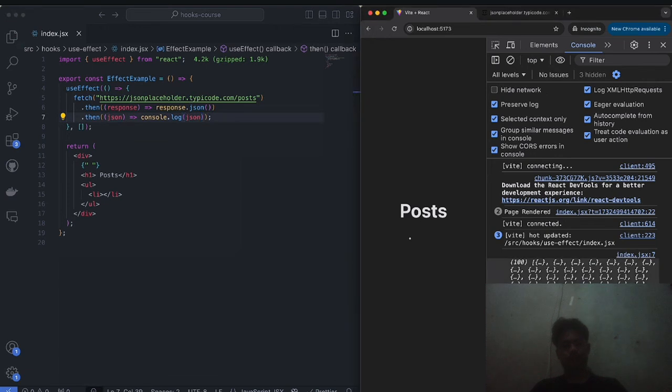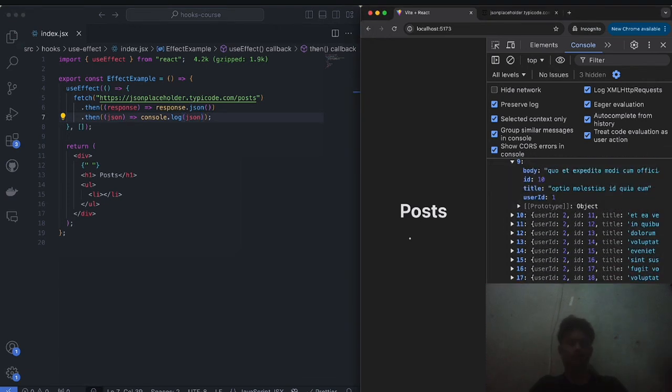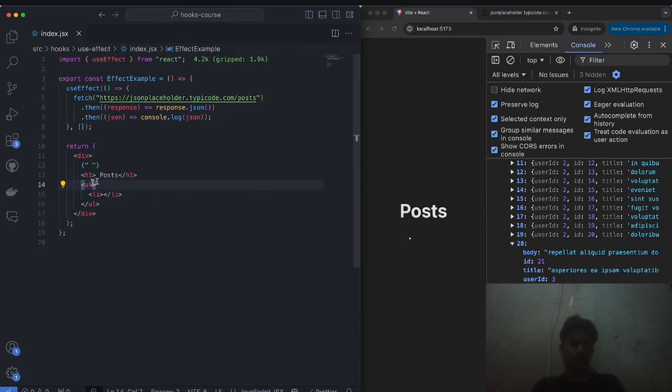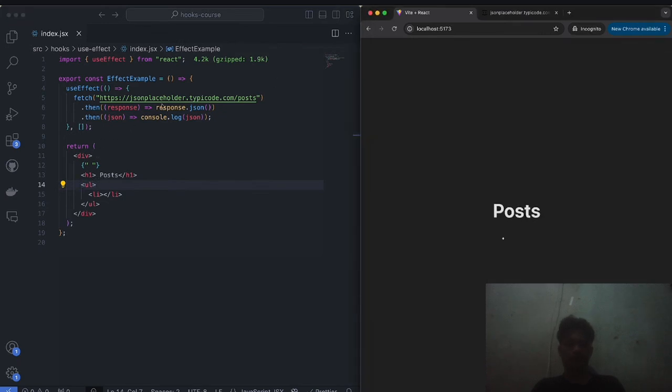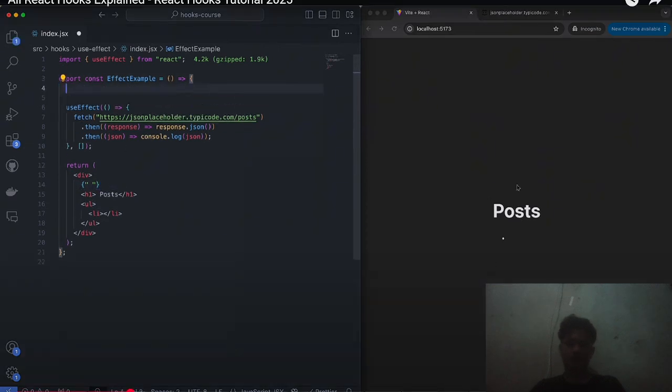Now you should see that we get the console log over here with all of the data from the API. But how do we display it in our component? Well, we need to use what we learned in the previous hook, which is the useState hook, and utilize a state for this, because we want to have a variable in which when its value is changed, which means whenever we fetch one, that the value